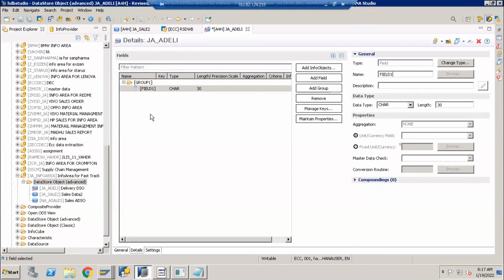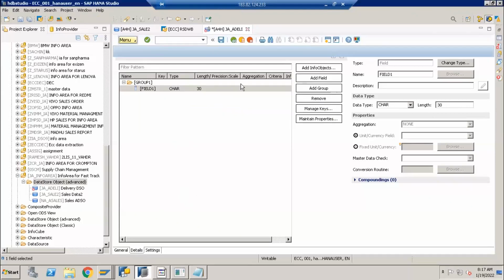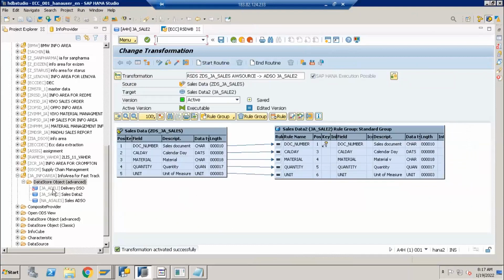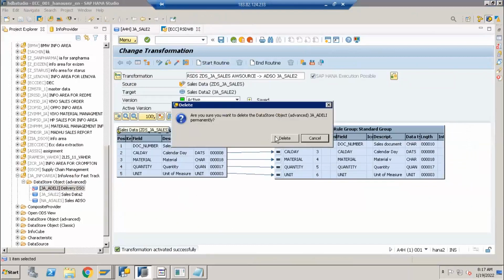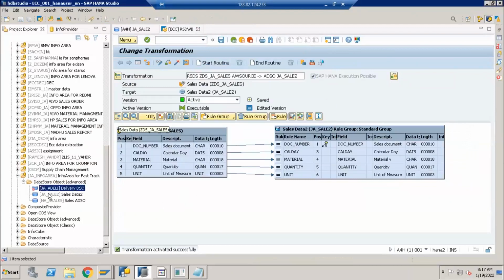I need to define five fields here, and then I need to update for each field the corresponding data type and length according to my file. Correct. So it will take a lot of time. That's why I don't want to take this pain here. So let me delete this one. Simply creating by using it as a template saves a lot of manual effort.